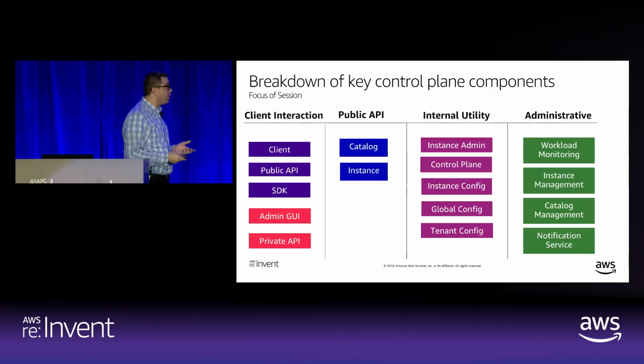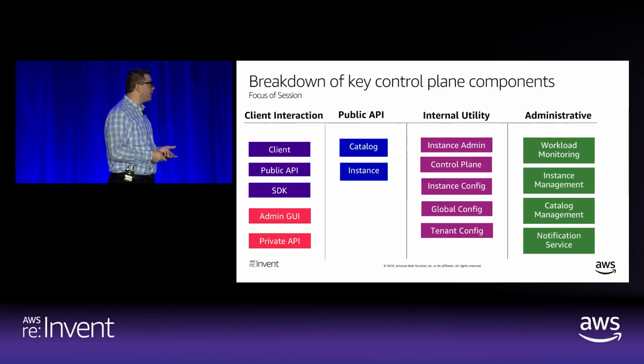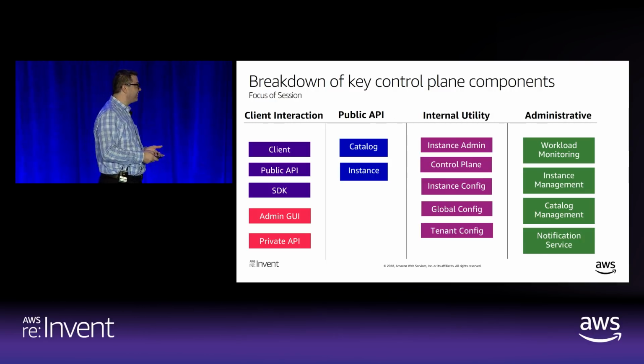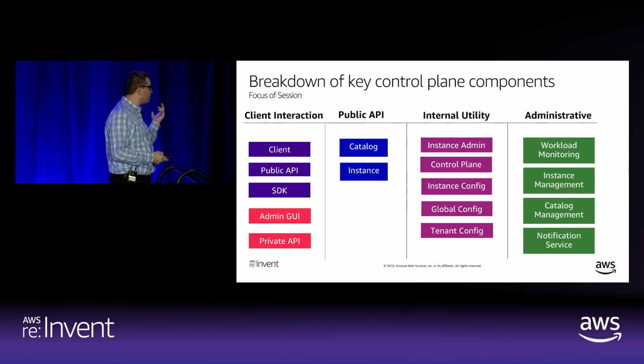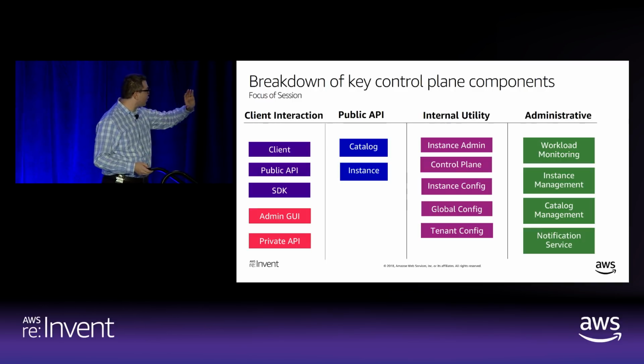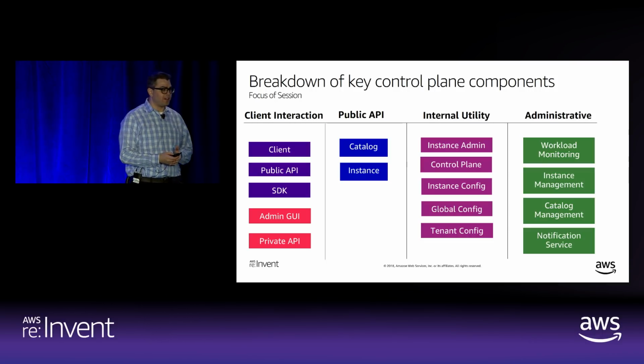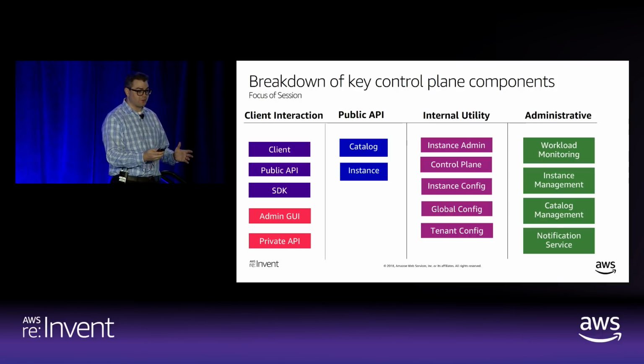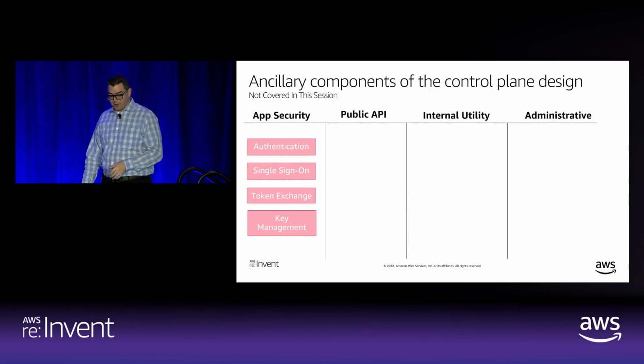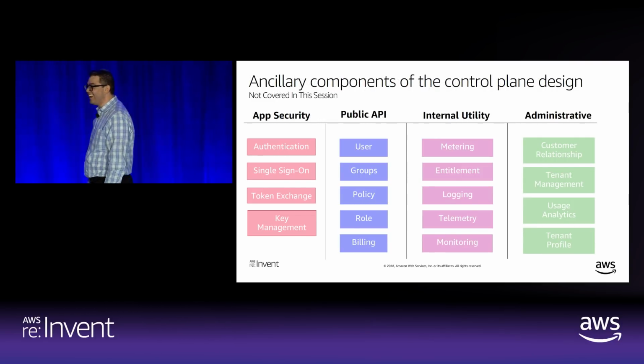We have to know catalog management. We have to update when we decide we want to change our product catalog or our pricing. We also need, again, a very simplistic notification service. These are the core control plane components. Now, the first thing I often hear is, well, wait a minute, you're missing a whole bunch of microservices. What's going on? So these are the ones I'm not even going to scratch today.